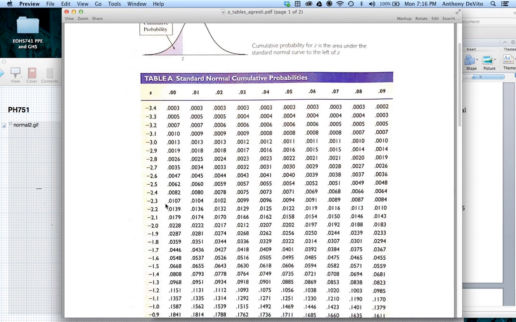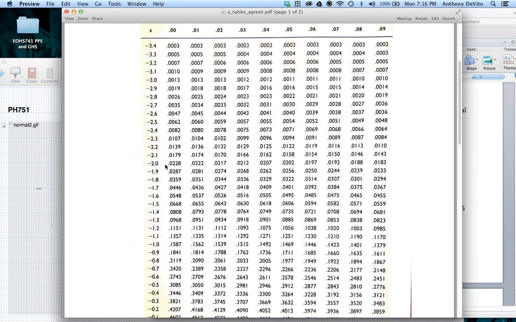Okay, let's see. -2.0, it's not 2.5, it's 2.28, right? I'm sorry, say again? No, I want two standard deviations below to two standard deviations above, right? So the area below two standard deviations below should be 2.5% according to the empirical rule, but it's not, it's roughly 2.28%. Well, what is the real value that would give us 2.5% below and 2.5% above?